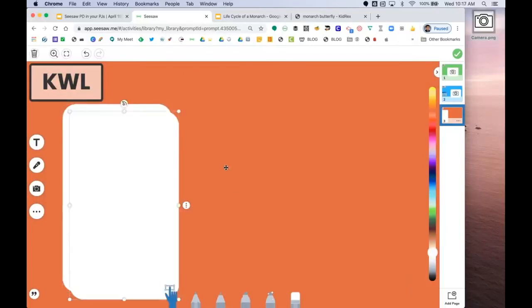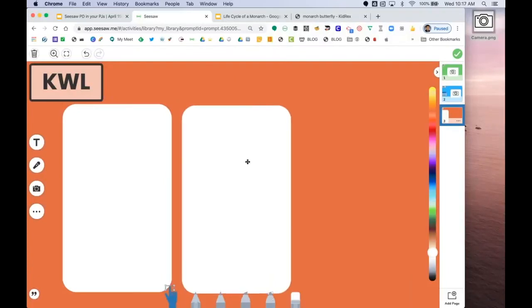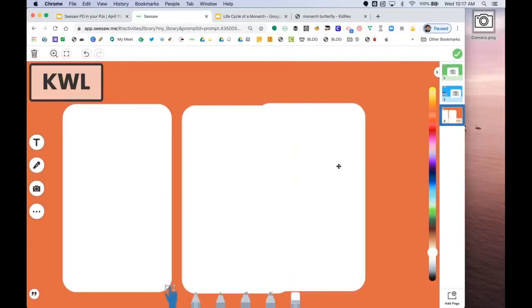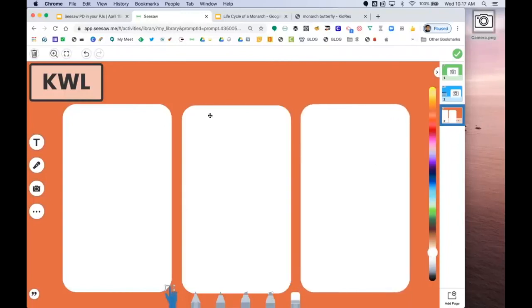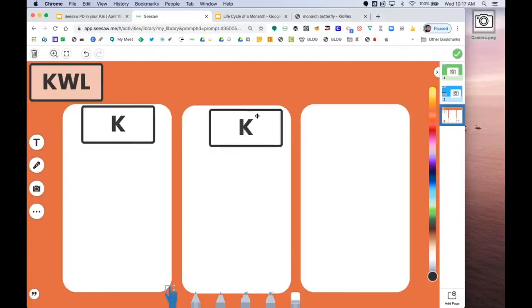That is one way to copy things. You also have some keyboard shortcuts, like if I go Control D or Command D, I can duplicate things all within Seesaw too. So that's a great tip to save you some time when you're trying to make a bunch of things, rather than going to shapes every time and having to click all those ways. I'm going to do the same with the text box, Control D or Command D, and we'll just do a K, throw it up there, K, and then W, and the last one,